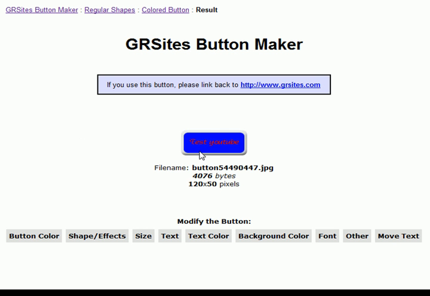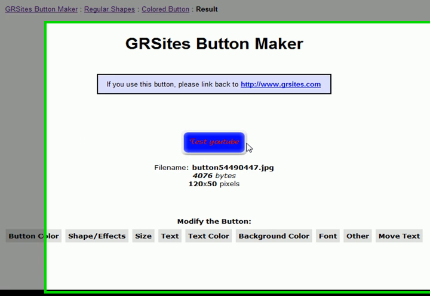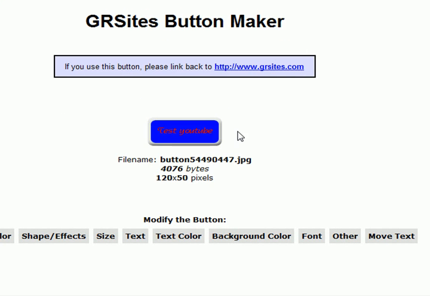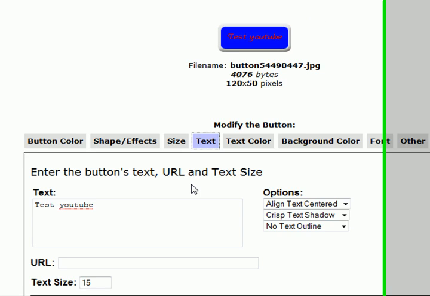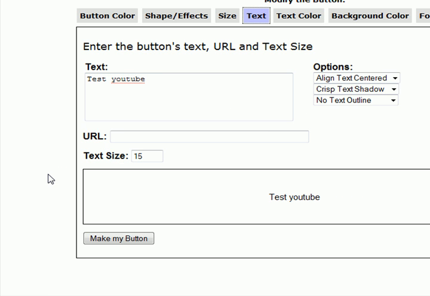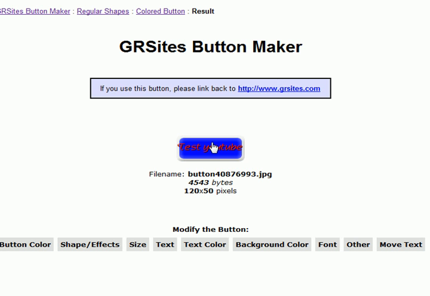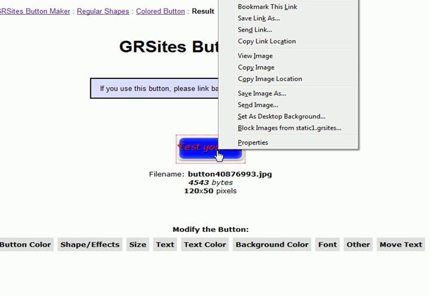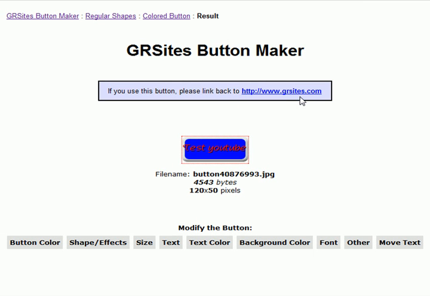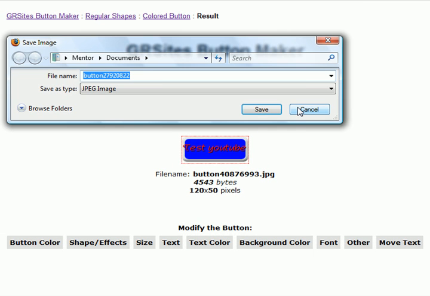And as you can see, there's our test YouTube button. Nice little effect. We'll make the text a little bit bigger. 18. So what we want to do is right click, save image as,